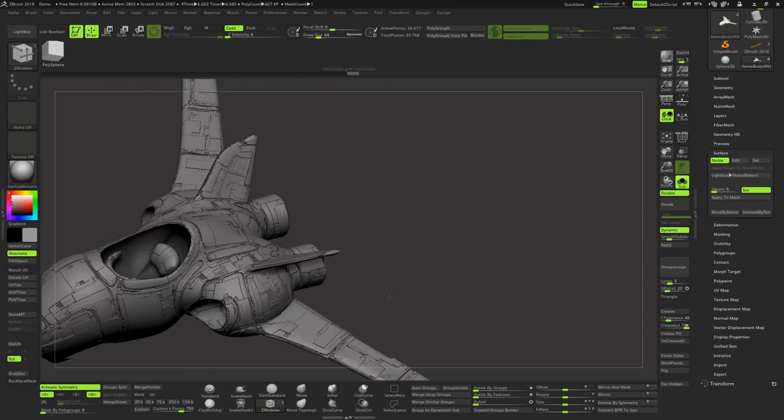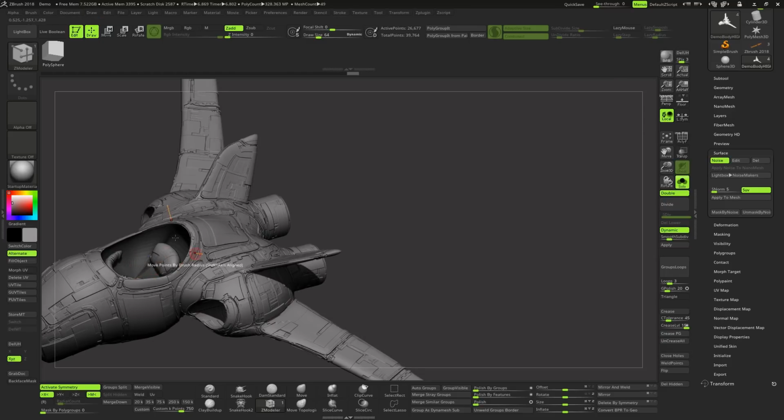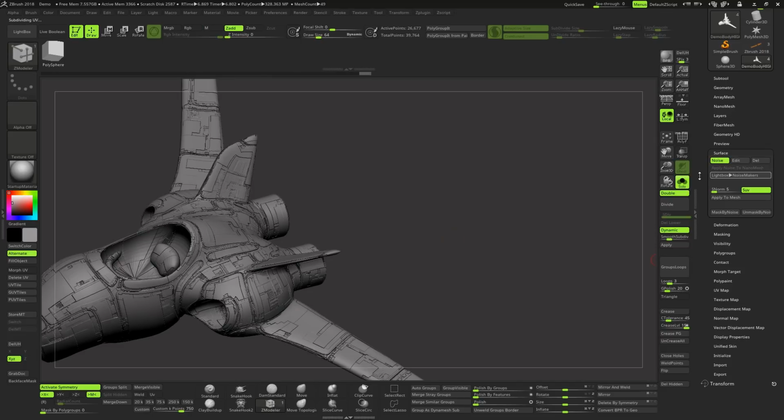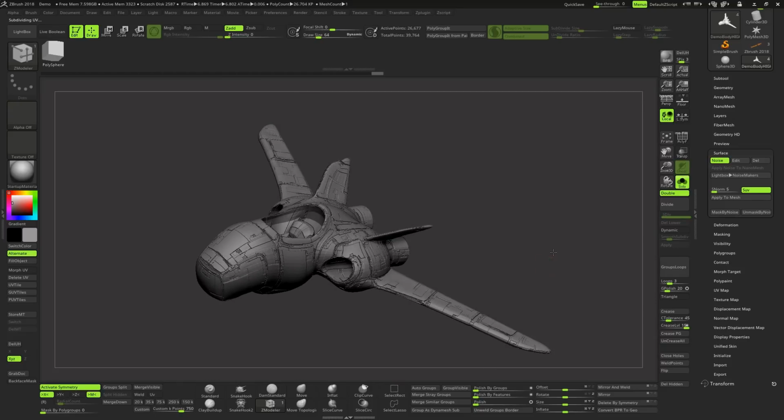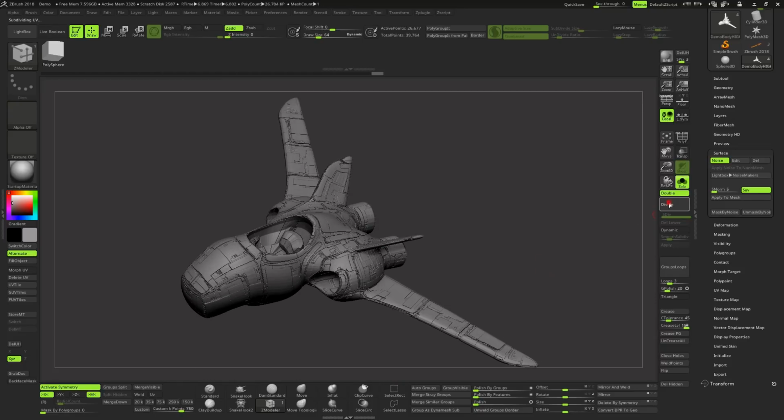So if I do a BPR again, you'll see the surface noise will not generate in that little section there. And it'll keep the details on everything else. Cool, right? So let's go ahead and clear our mask. I'm going to turn off dynamic, and we're going to do a traditional subdivision. So divide. We're at